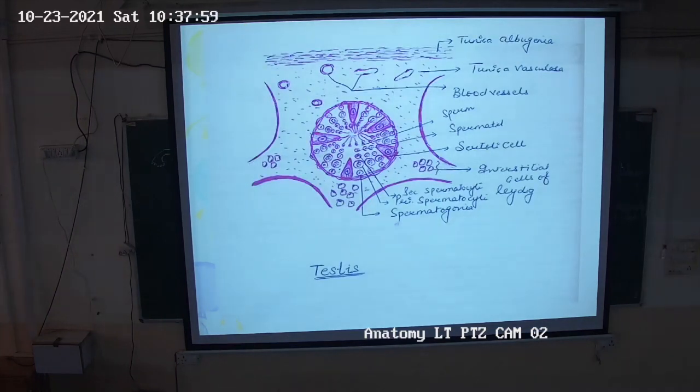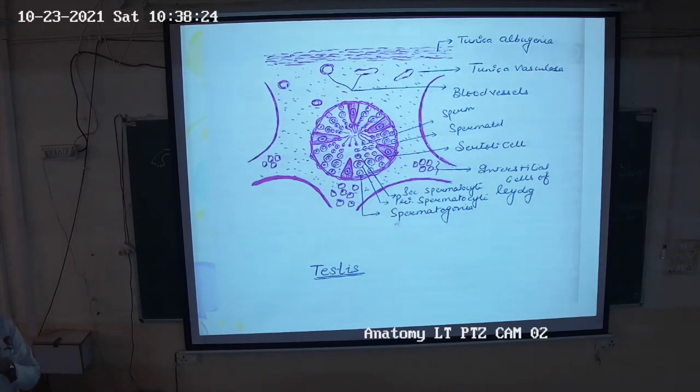Okay, so testis is having an outer visceral layer which is not visible in this part, which is tunica. What it is? Tunica vaginalis. Then it is covered by the fibrous connective tissue, tunica albuginea, which forms a septum, divides it into numerous lobes, 200 to 300 lobes around. ठीक है, फिर उसके अंदर 2 से 3 कितने होंगे? सेमिनिफरस. इनकी लेंथ जो है बहुत ज़्यादा होती है. अराउंड कितनी होगी लेंथ सेमिनिफरस ट्यूब्यूल की?